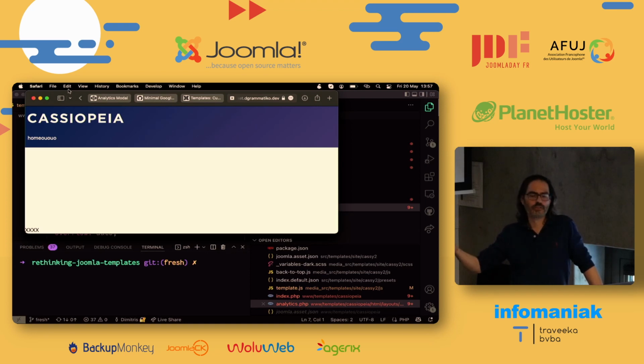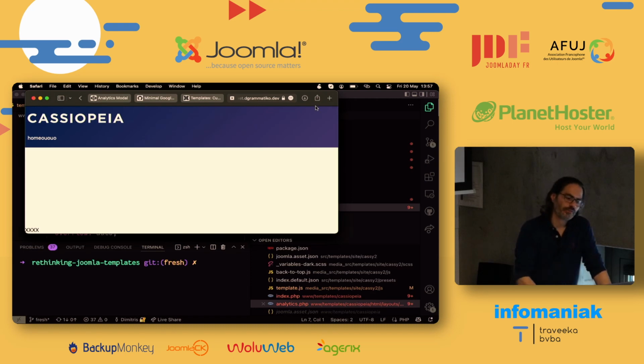even if it's text, it can be anything you wanted, any of the Joomla form fields that is supported. And then you can use that data to drive your functionality. And in this case, we want to have the analytics, right? And usually what you do for the analytics is that you go to Google Analytics, you take the